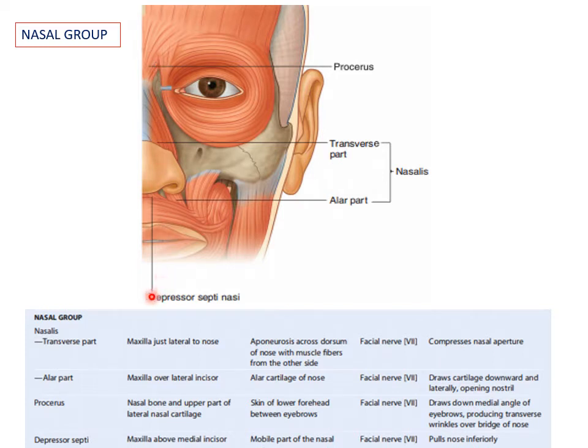The last one is the depressor septi nasi. This one, the small portion is visible here. This is the orbicularis oculi, we are not talking about this. This is the